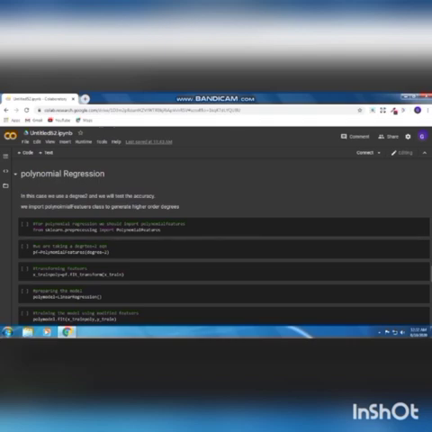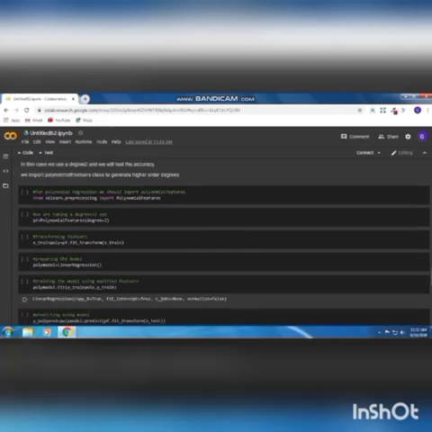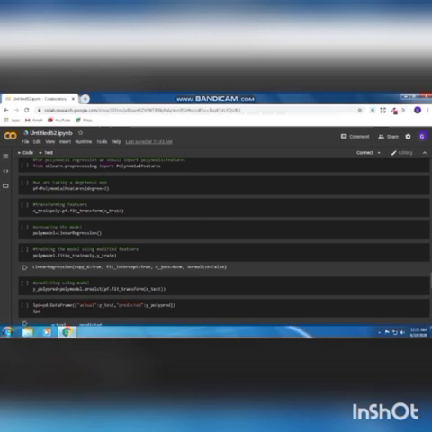So from preprocessing, we import PolynomialFeatures. Then we take degree equal to 2, that is our polynomial equation will have a degree of 2. Now we are transforming our features into polynomial features with a degree of 2.